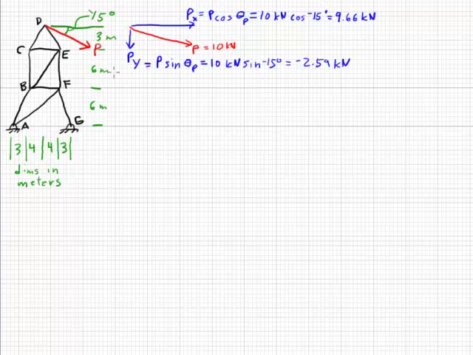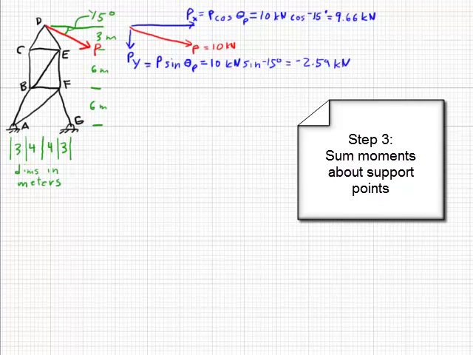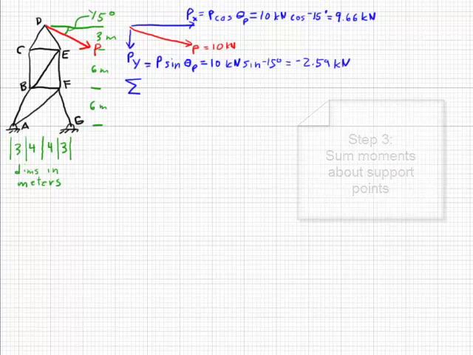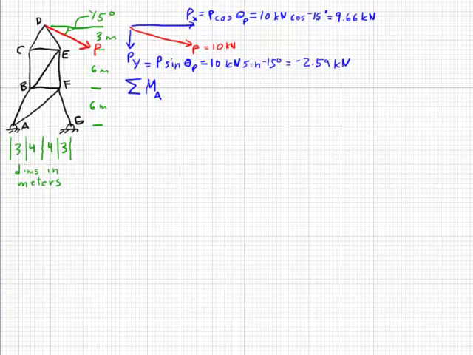Now that we've broken our angled force into components, and if we had other forces, we'd have to make sure that they were also broken into horizontal and vertical components. We next move to summing the moments about points A and G. As we add up the moments about a point, in this case we're adding up the moments about point A,